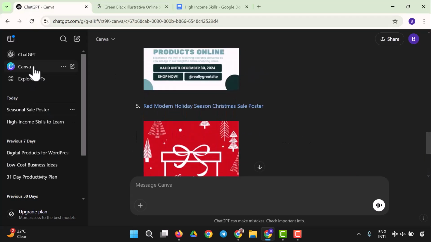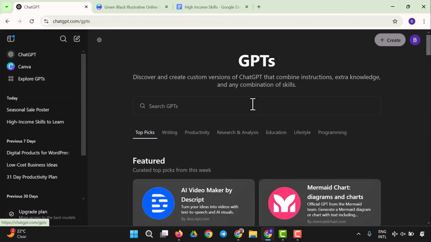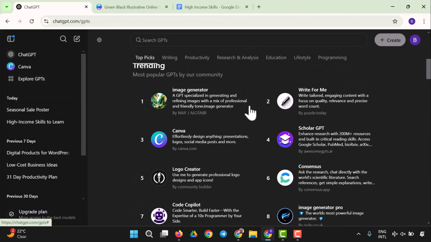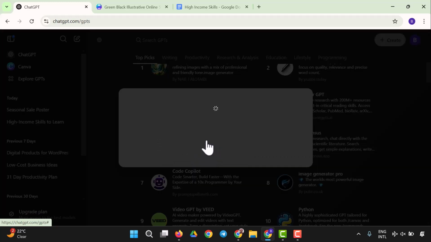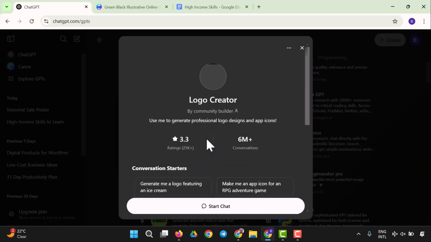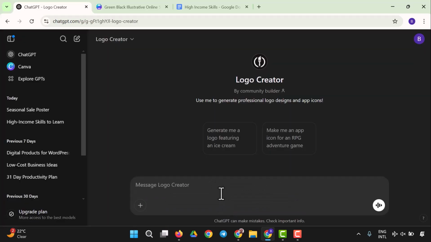So you can still come back to your GPTs to see what other things you can actually prompt. So you can come to explore GPTs. So we just created a design with ChatGPT. So you could still come here to create a logo. As a designer, you could just come right there and say I want to start. So generate me a logo featuring an ice cream. So I want to start